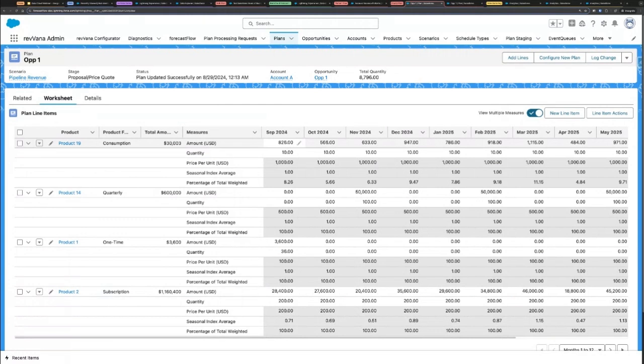And since consumption is the hot topic right now, because a lot of SaaS companies are moving to consumption-based selling, you could see that with the input of average consumption, we spread it over a period of time and apply the historical usage by month, and then take that into account and do a revenue forecast.